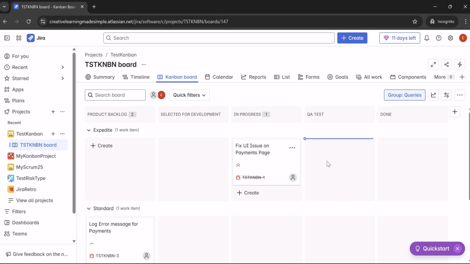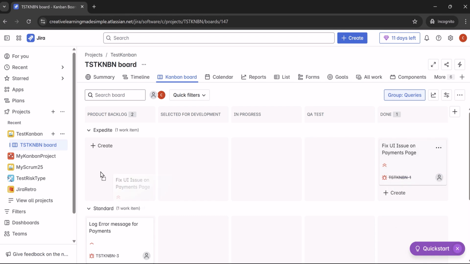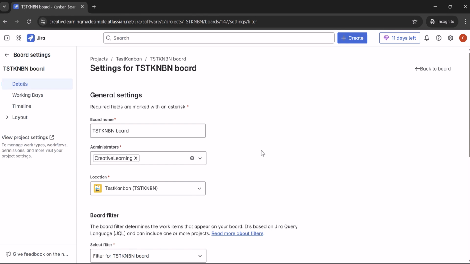So we can keep moving, and like I said, columns can be initiated, columns can be made. We can modify them, we can rename them, we can create new columns based on the workflow that we have. And once the QA test is done, we can say this particular issue is done. So it strikes out. Move it under as part of the create, and this is the one. And apart from that, if we go to the board settings,